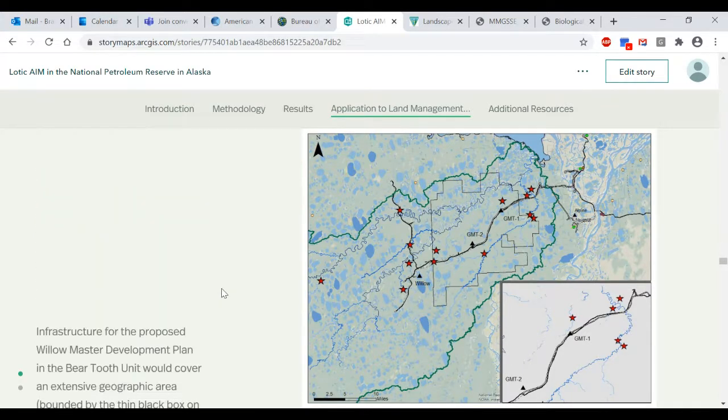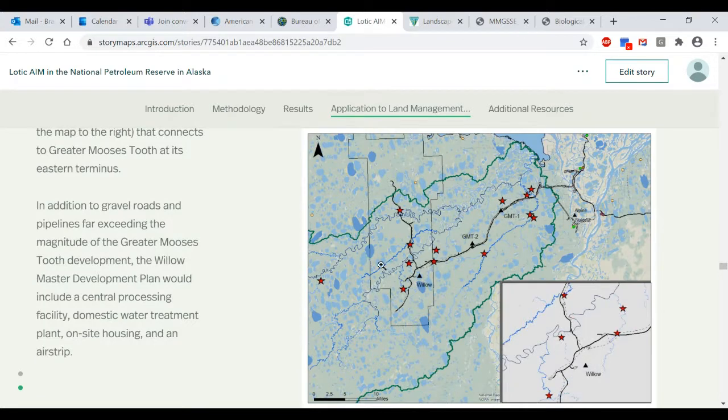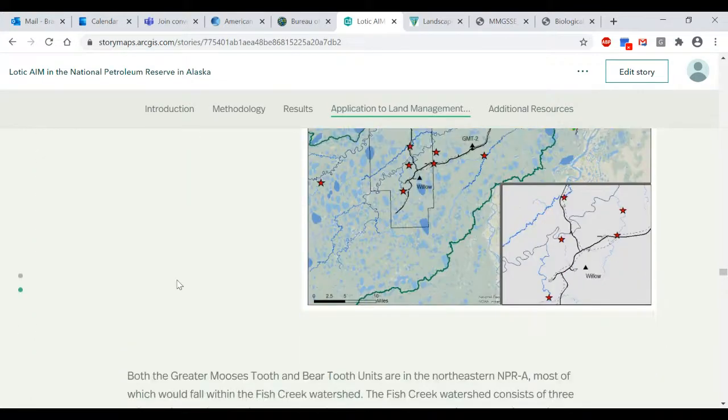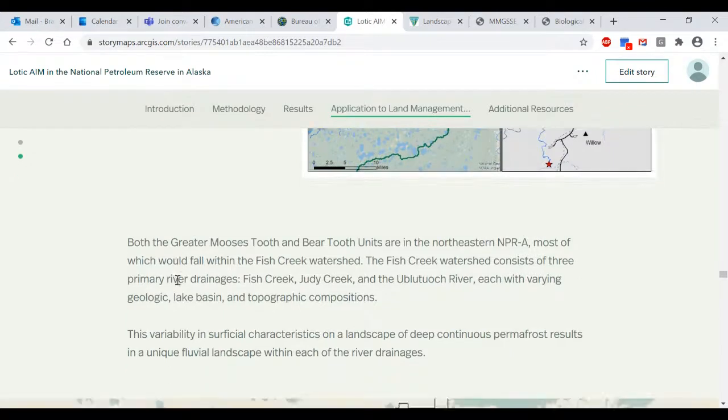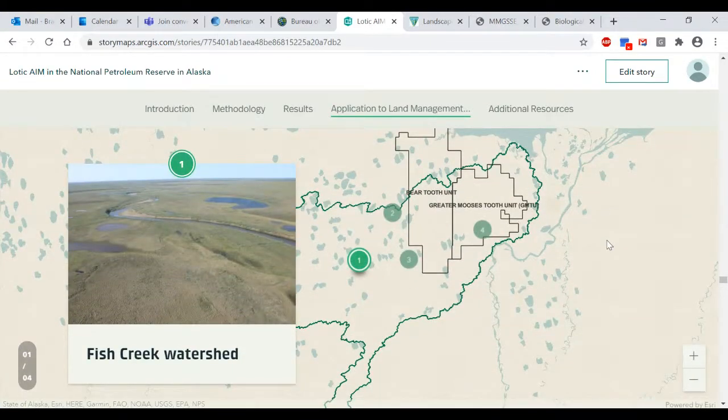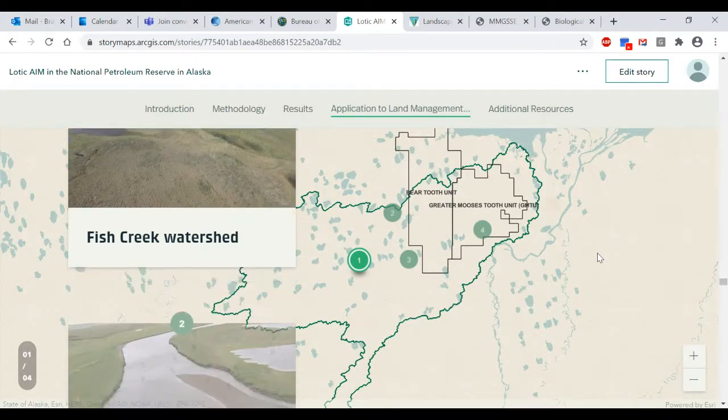So we just added a couple maps and some more detail on exactly what's happening in these regions and what type of infrastructure is expected to be in there, and what infrastructure is currently there in regards to oil and gas development.